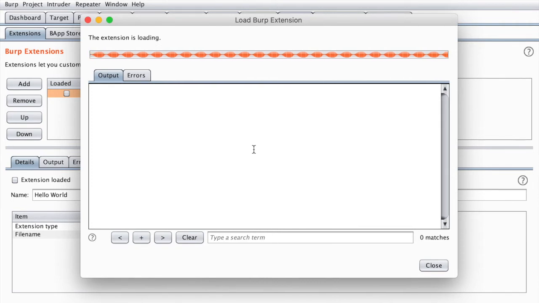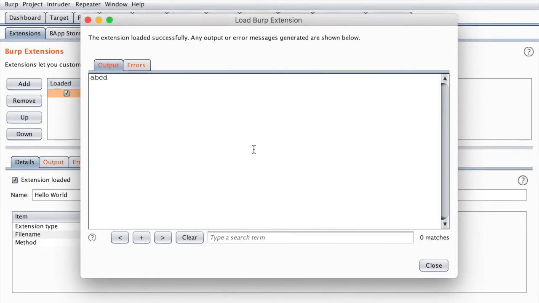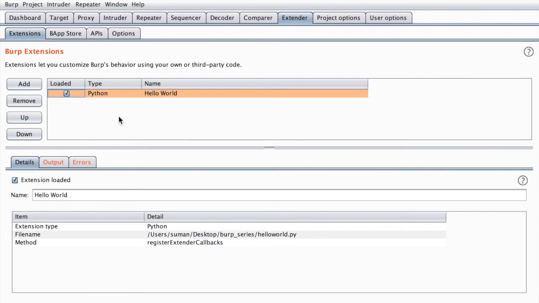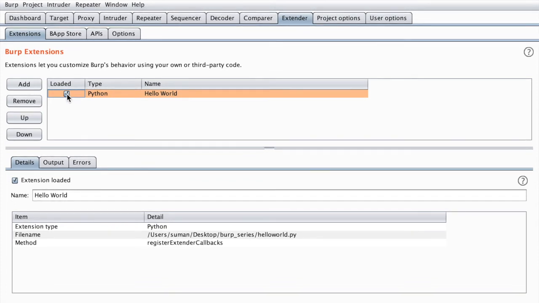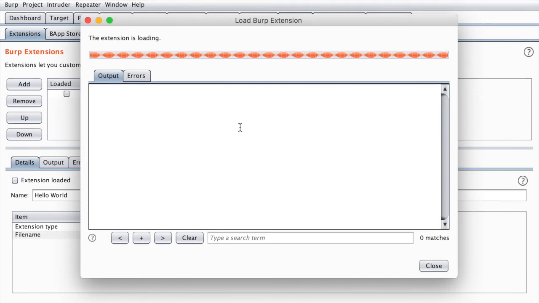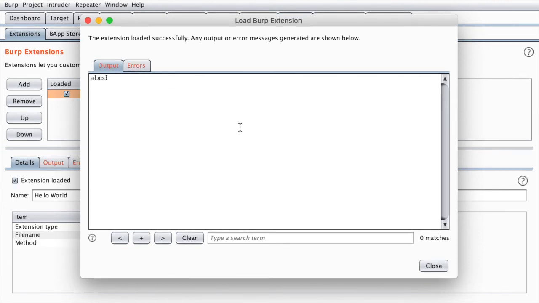We can press and hold Control on our keyboard, and click on this checkbox. If you are using Mac, you can press Command as well. So I'm pressing Control and clicking on this checkbox, and you can see our extension automatically reloads. So we do not have to unload and load this extension again and again.